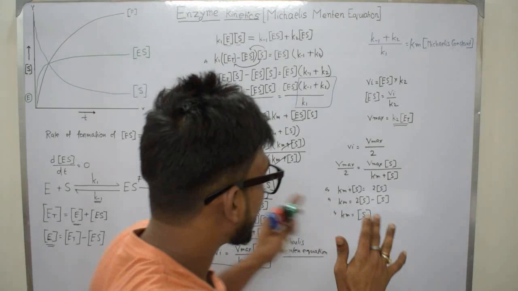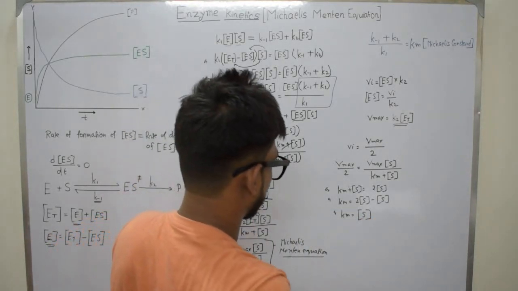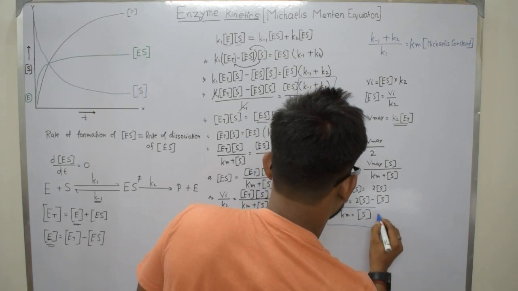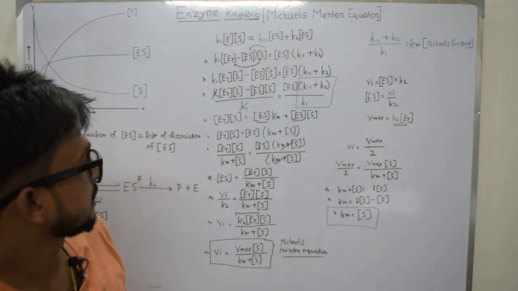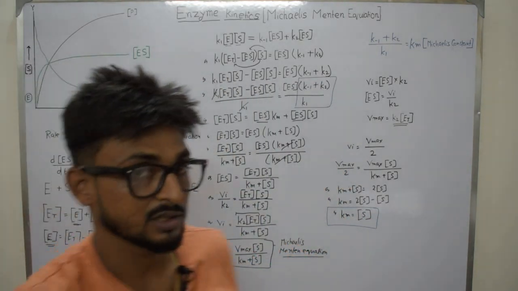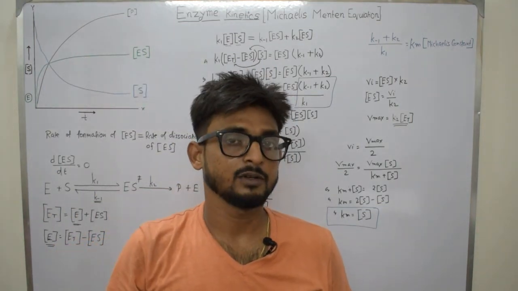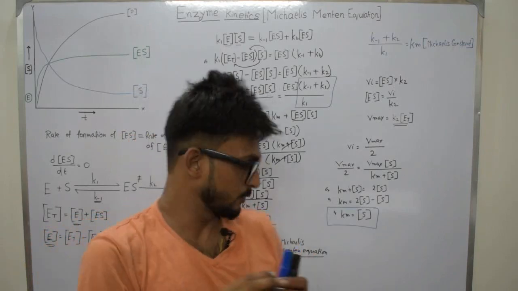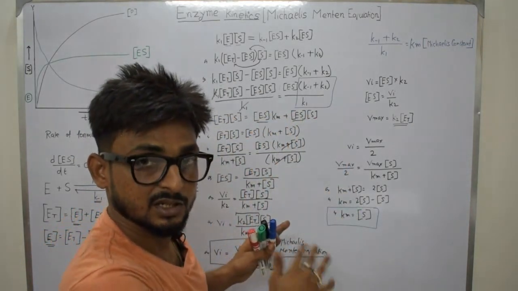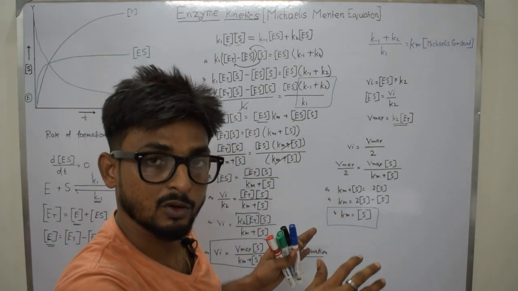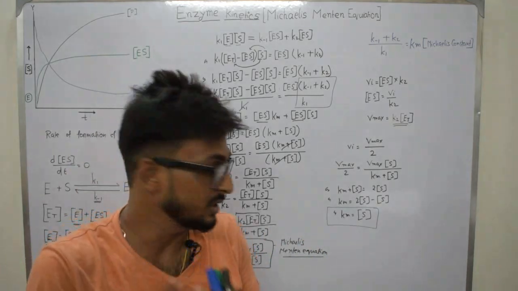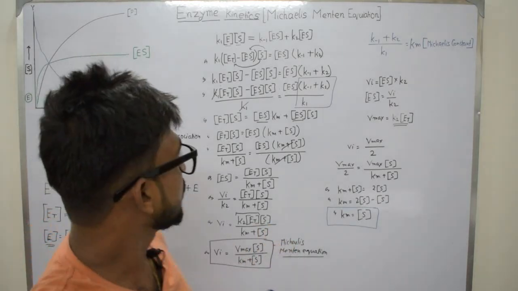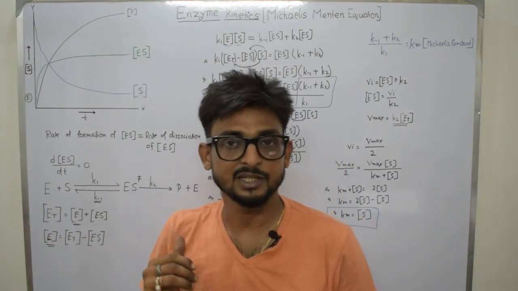Okay, so this is how the Michaelis-Menten equation is derived, and in the next video I will show you, it will be a very short video, regarding the graphical representation. In the graph, how can we plot, how can we understand the exact meaning of this Vmax and this Km. Okay, so this is all about the Michaelis-Menten equation and the enzyme kinetics,